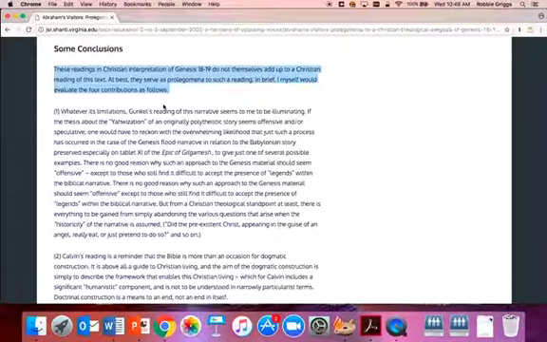Final word here is just to say that we don't expect you to do this perfectly. The primary point of this exercise is for you to have the experience of doing this comparison. So don't worry about getting it right. Don't worry about being perfect. Instead, ask the question, have I followed the prompts in the guidance on the paper? And what am I learning as I see how these three authors approach this biblical text in similar and different ways?